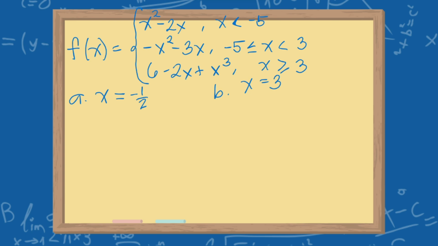hindi mo siya isa-substitute sa tatlong ito. What you need to do is identify saang domain dito or saang interval dito sa tatlong ito papasok yung assigned value of x. So for example, in this case, negative 1/2. You'll check